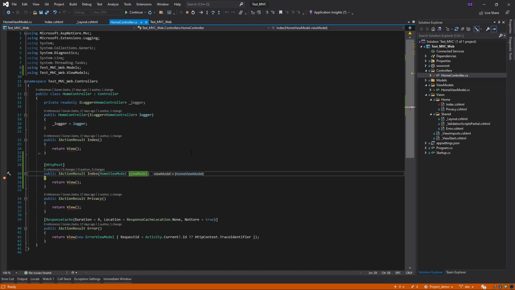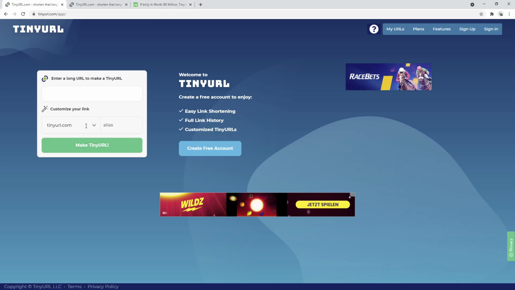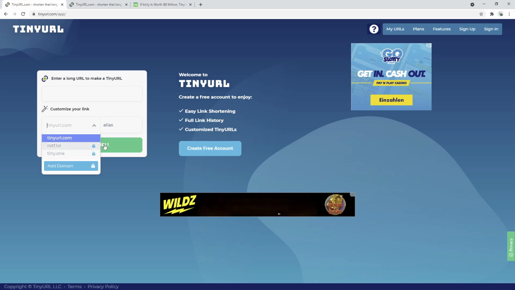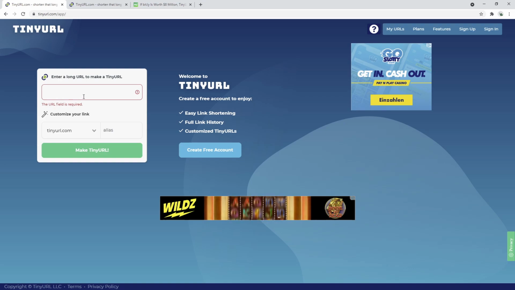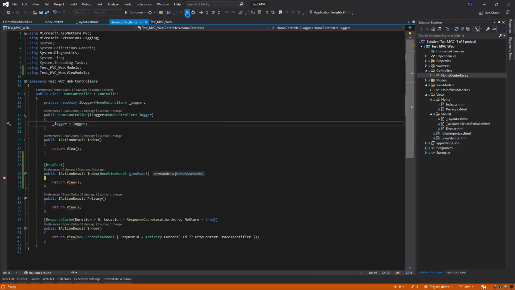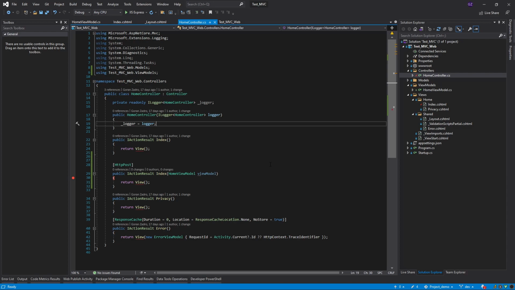So how do we do this? First thing, we would need some sort of algorithm which is going to randomize some string to the values that we didn't have before. Same thing as TinyURL is doing. Maybe you have the opportunity to write your alias there, but I'm pretty sure that it can actually do this for you. But it doesn't matter. So as a good junior developer,